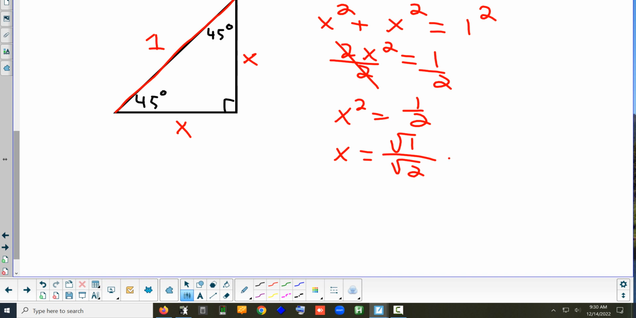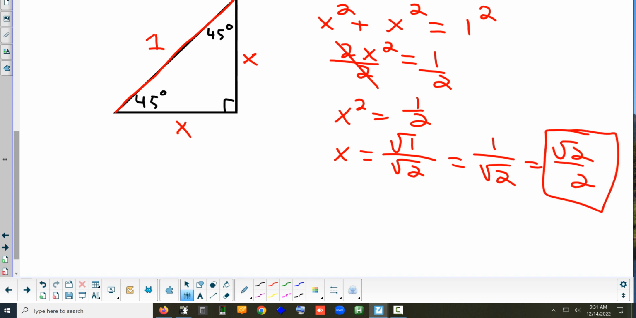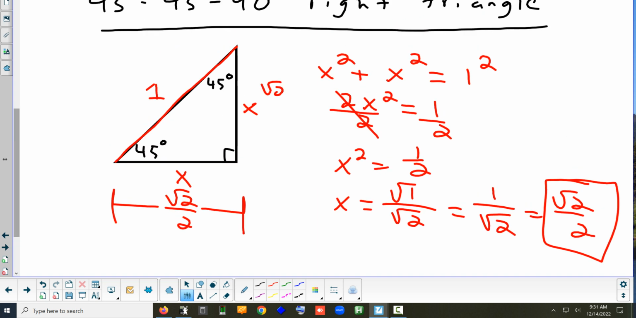Well, the top is fine. What's the square root of 1? 1. Unfortunately, the bottom is not fine because I can't simplify the square root of 2. But can anybody tell me what I get when I fix that, just like we did on the last section? The square root of 2 over 2. Yep, it's the square root of 2 over 2. So x, which is this bottom side, it's the square root of 2 over 2 on the bottom, and it's the square root of 2 over 2